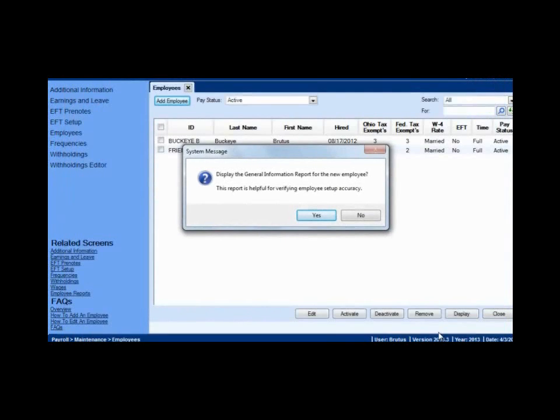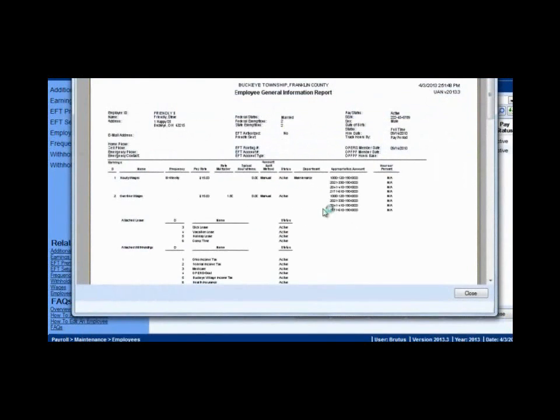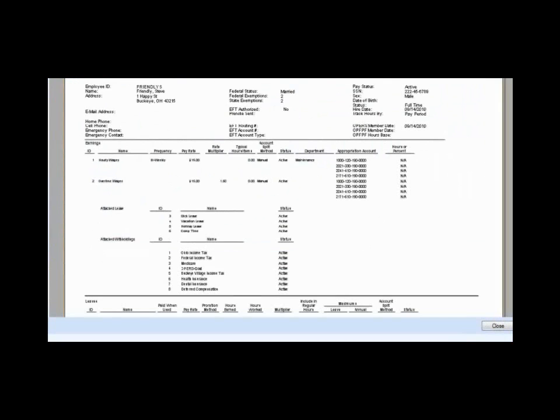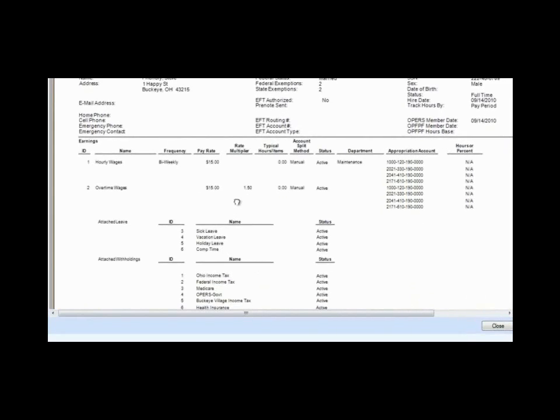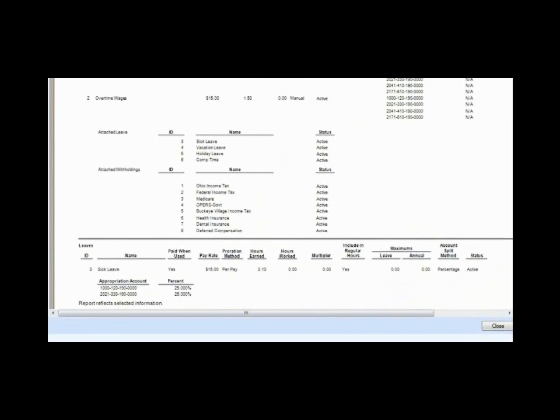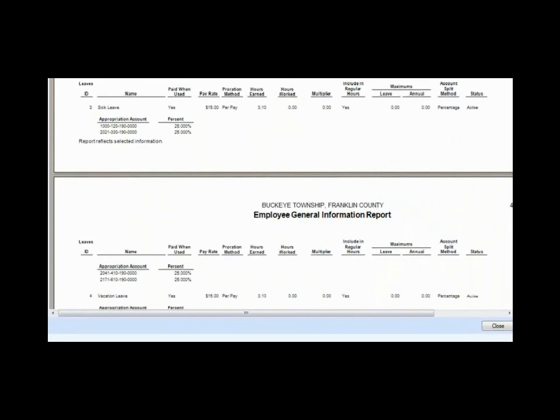The software gives me the opportunity to display the general information report. We say yes to that. And you would also print and review carefully. Did you enter all of the account codes? Notice that you can see attached leave. You can see the overtime and all of the accounts that you've chosen and all of the withholdings that you've attached. In the lower level,